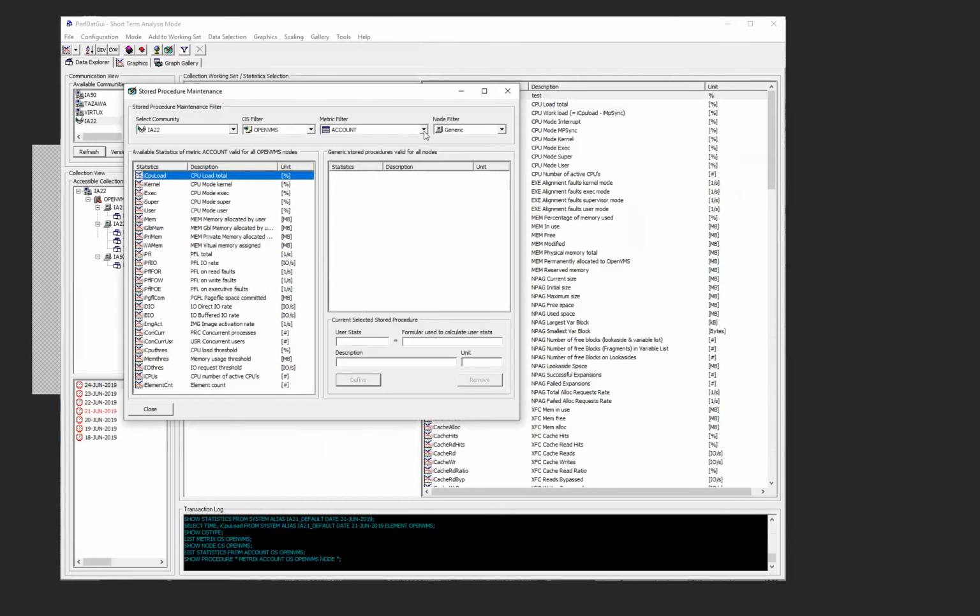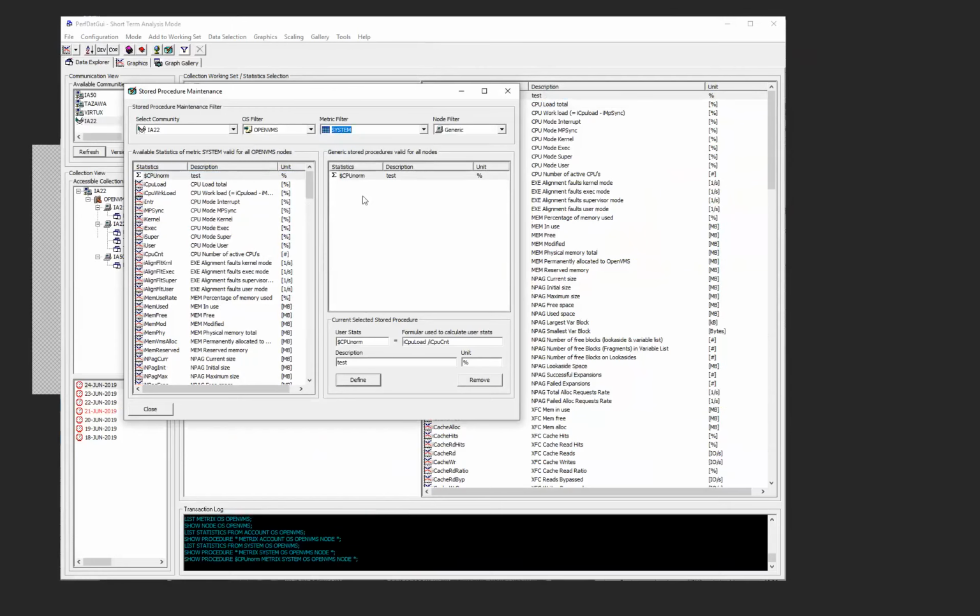So in this window, you can define for every metric, let's switch to the system metric, any calculation you want to be performed. So what I did, I defined a new variable, CPU norm. I added the calculation that should be performed. So what I'm doing here is I will divide the total CPU load by the number of CPUs. And I could add a comment, normalized CPU load. The unit is in percent. Clicking define,